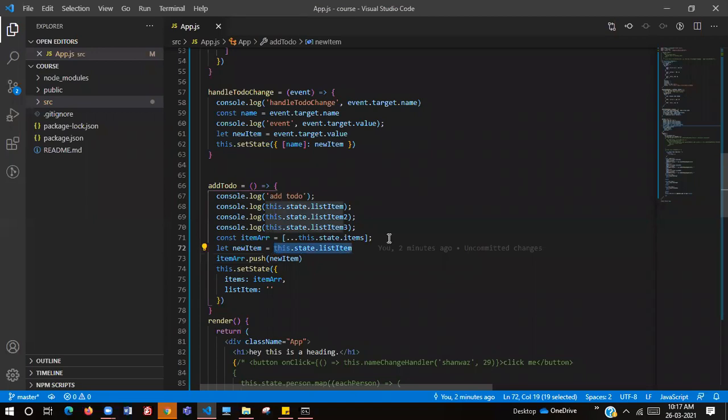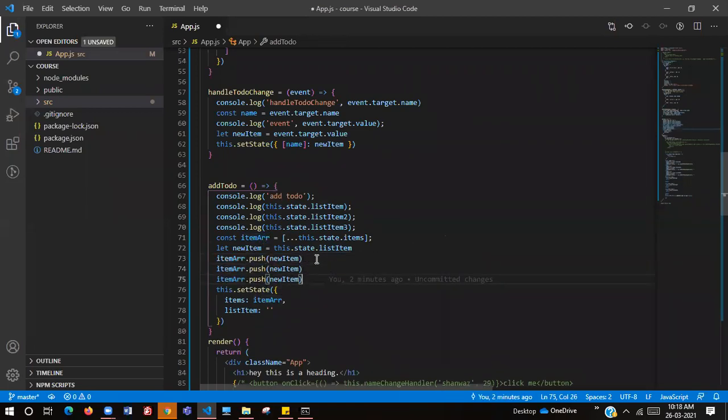If we want to add all the list items that we typed, let's do that also. Now itemArray.push, not just the new item here, but this.state.listItem2.